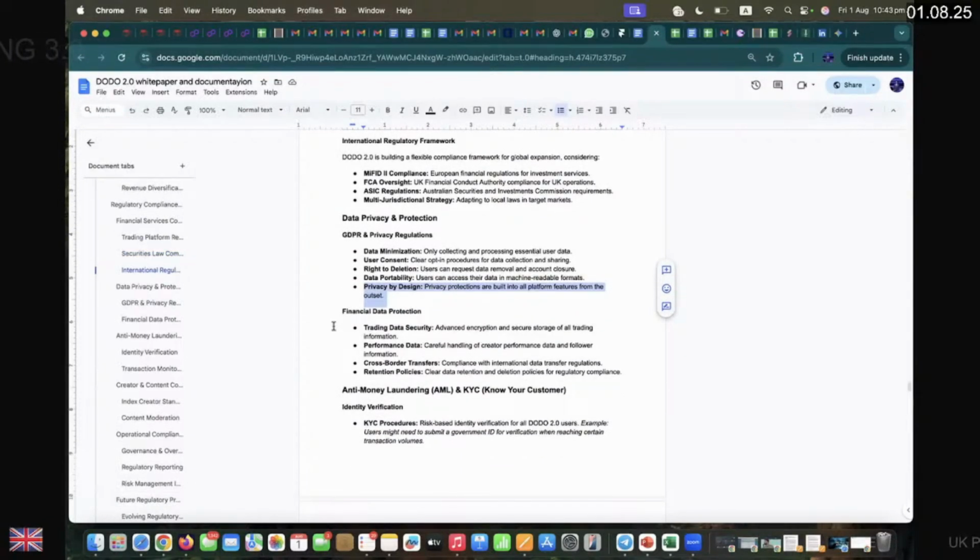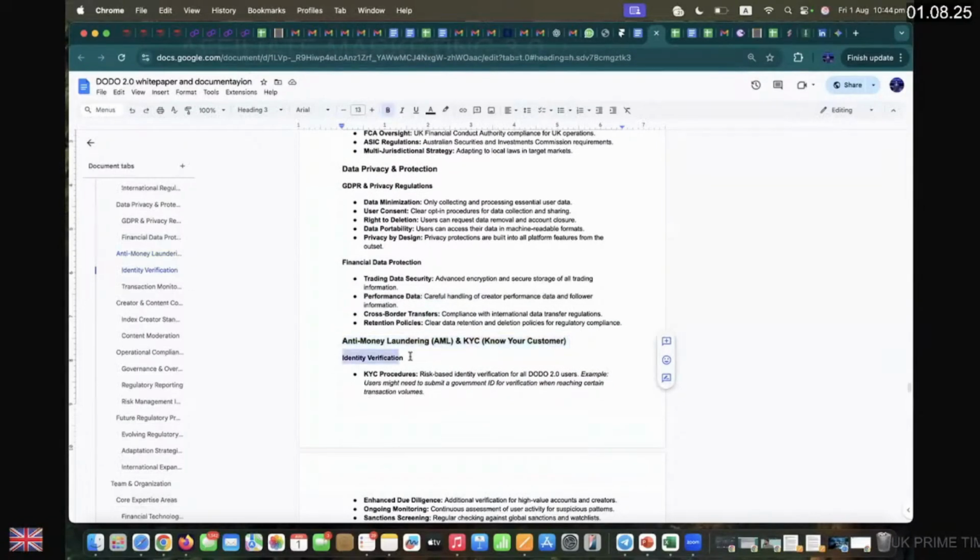Financial data protection. Trading data security: advanced encryption and secure storage for all trading information and performance data, careful handling of creator performance data and follower information. Cross-border transfers: compliance with international data transfer regulations. Retention policies: clear data retention and deletion policies for regulatory compliance. Anti-money laundering, AML, and KYC policies. Identity verification: KYC procedures, risk-based identity verification for